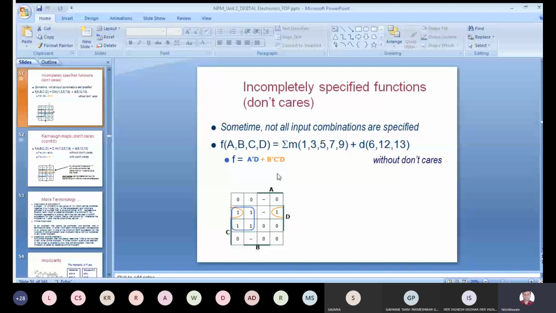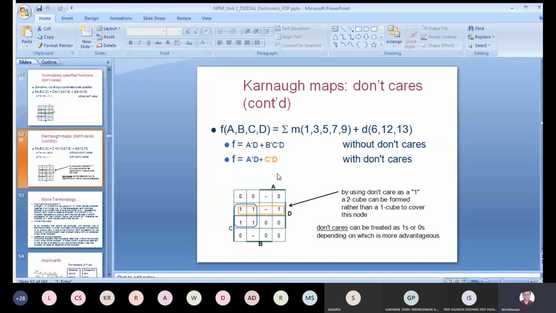Done, sir. Done? Okay. Now the next part is about don't care signs. I already told you, whatever don't care terms are there, you can consider them as a 1 or 0. So don't care, anything can be possible. Either it may be 1, it may be 0. So while solving the grouping, you can consider that don't care sign also as a 1, and you can go for the other part.